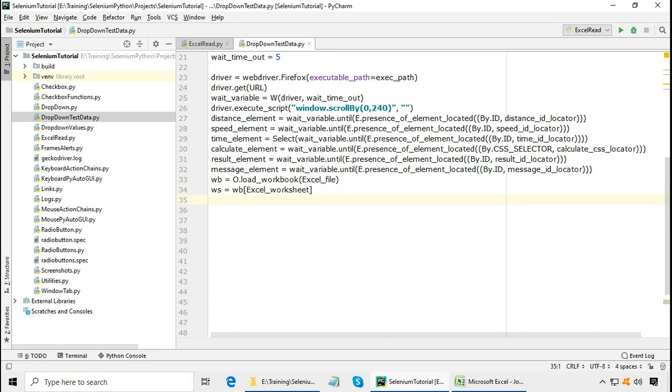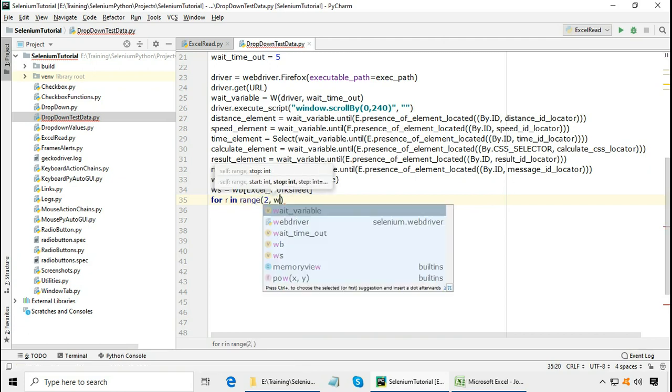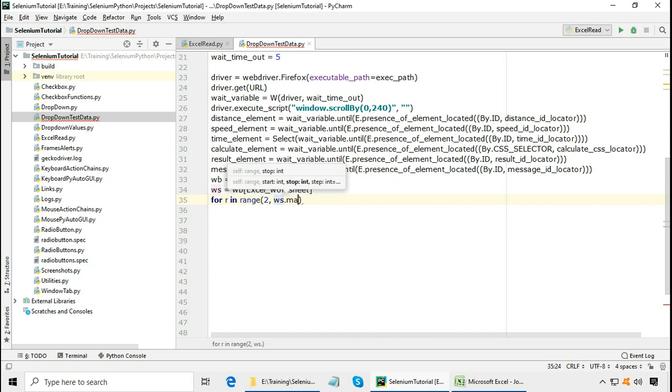The first row is column headers, so I have to read Excel from the second row using a for loop. For r, the row number, in range 2 to worksheet dot max underscore row plus 1, because we want to read it until the last row.